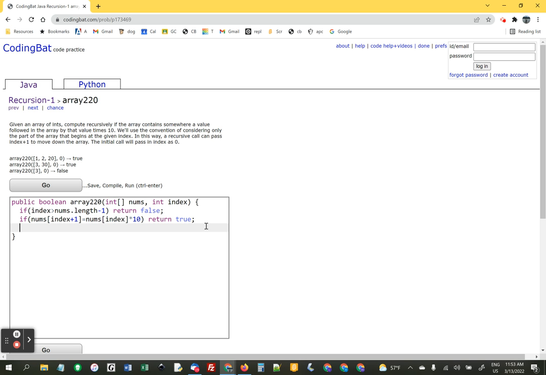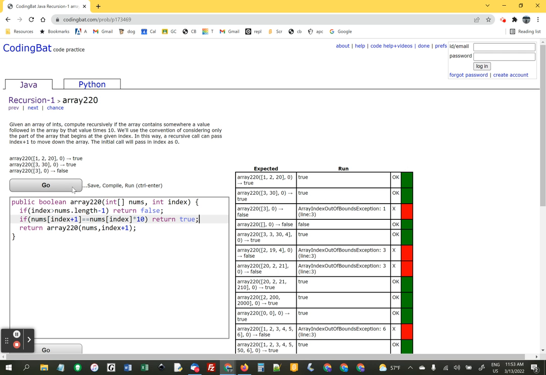And then otherwise, we're going to return array220 nums index plus 1. So I bet I'll have an error. It says on line 3 I'm trying to convert an int to a Boolean. Oh, I didn't do 2 equal signs here. I still think we're going to crash. Yeah, I got out of bounds, so